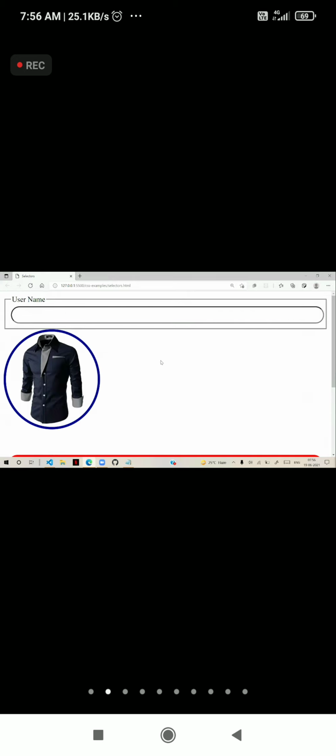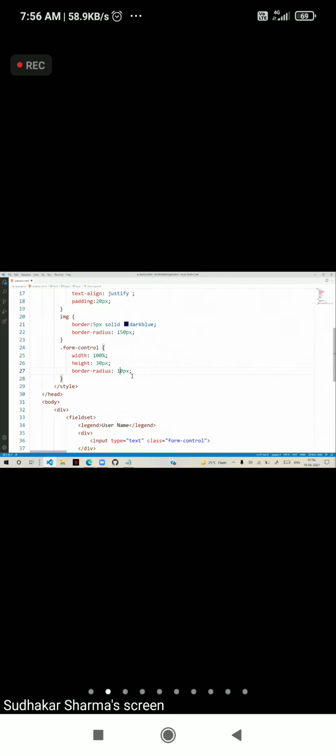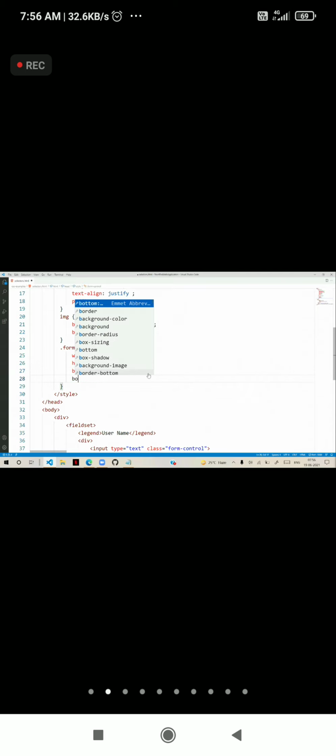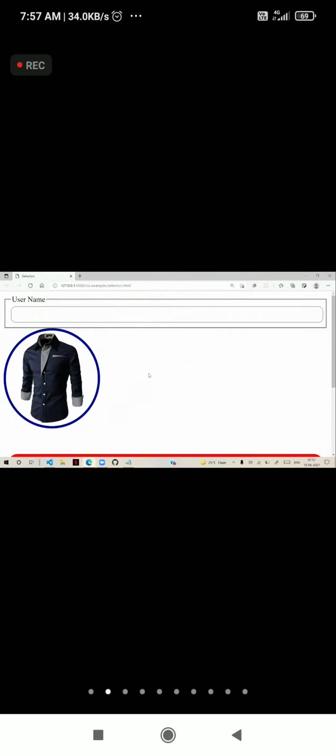That is for text boxes. So some 10, then you see the curve will be there. That is for the text box. And of course, we can change the border as 1 pixel solid, some gray border I defined here. It will be like this. You can change the thickness of that particular border and display.